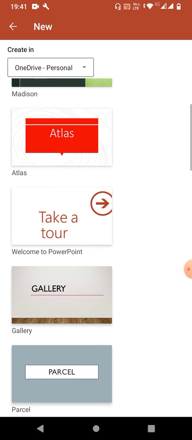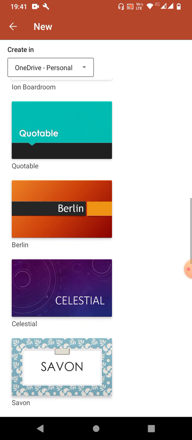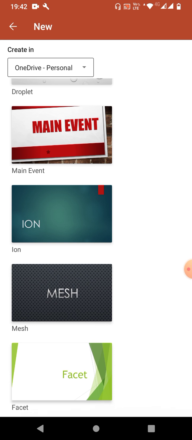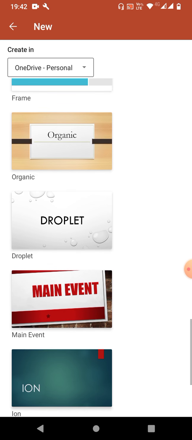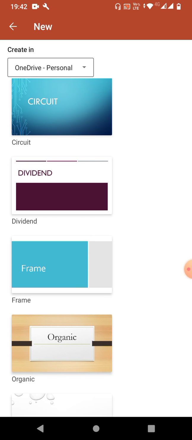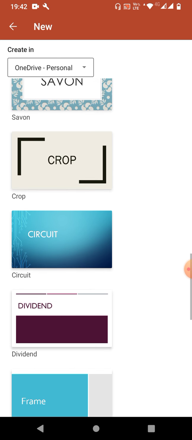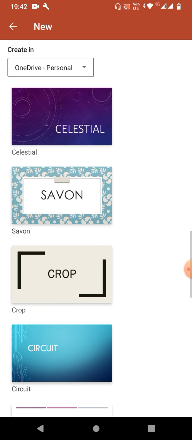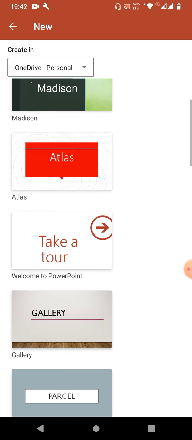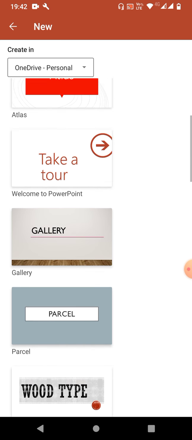Okay, when you tap the plus sign, you can see on the screen all the templates which we used to see in the Windows laptop or computer. These all will come over here. So you can select anything.